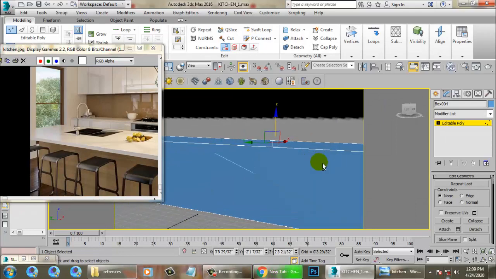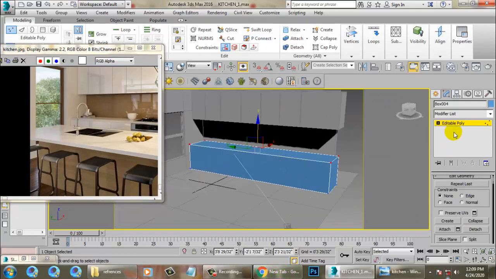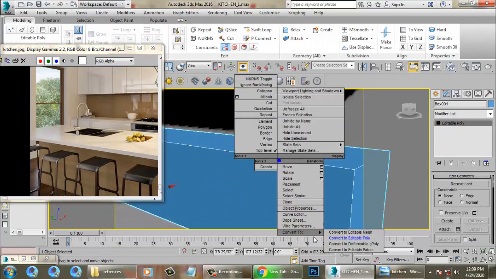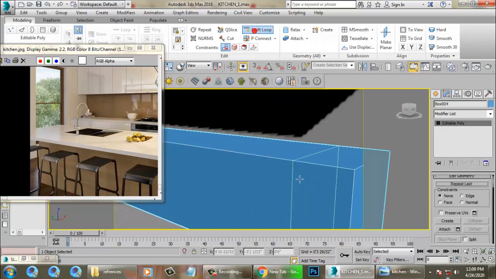So before we take a V-Ray light over here, let's drag this light over here.